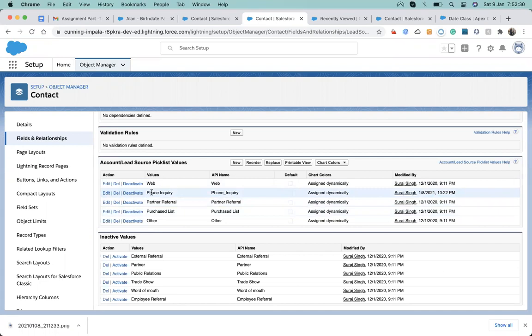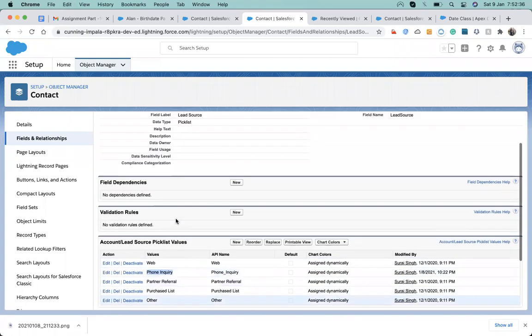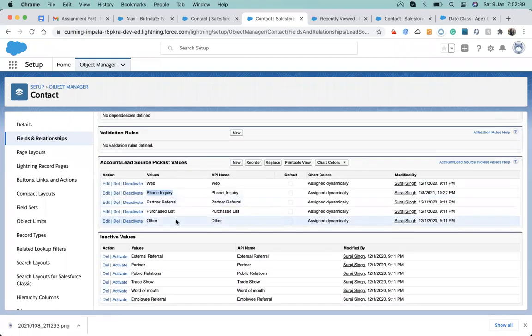Suppose if we need to add any pick list value, I need to copy and add the values which are available from here. So I just copy this, and we also have some inactive values. For a pick list field we have some active and inactive values. Suppose these values are active at some time, and then I may deactivate that value, so that value will not be available for the pick list any further. So that's the thing coming up here.